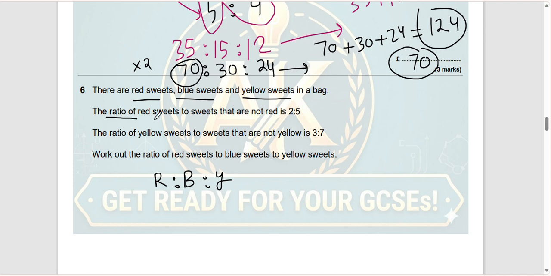So let's get ready. The ratio of red is a little bit tricky. The ratio of red sweets to sweets, where sweets means total, that are not red is 2:5. Okay, so what do you mean by that? It means red sweet it's 2, and because he said two sweets are